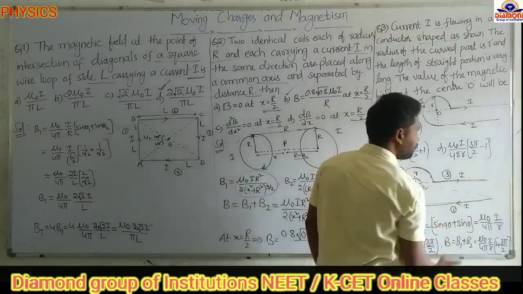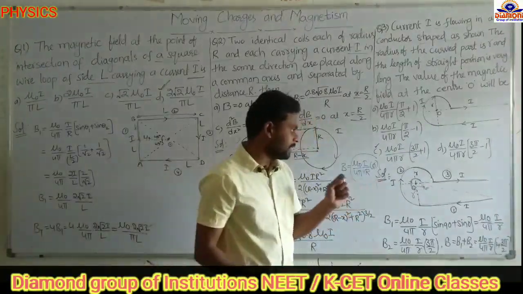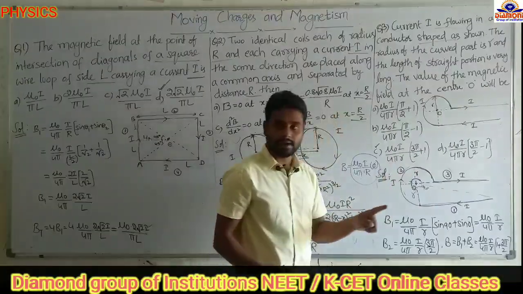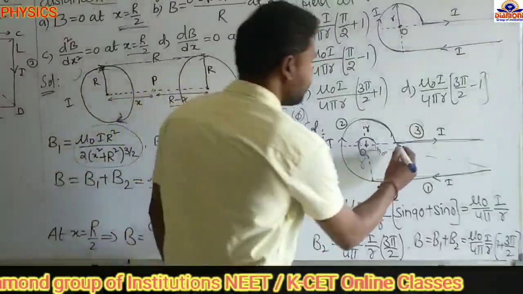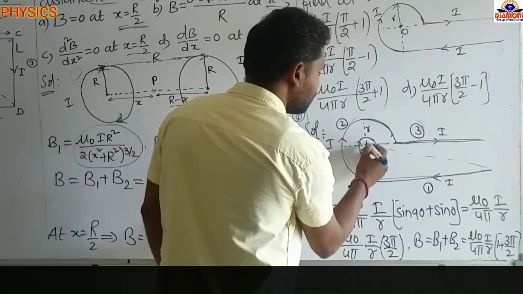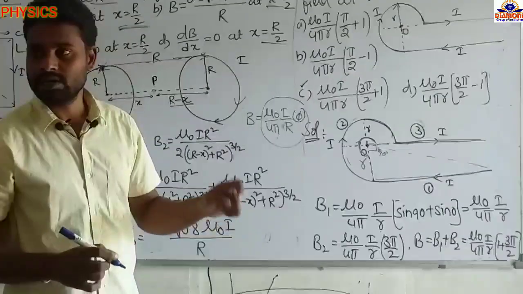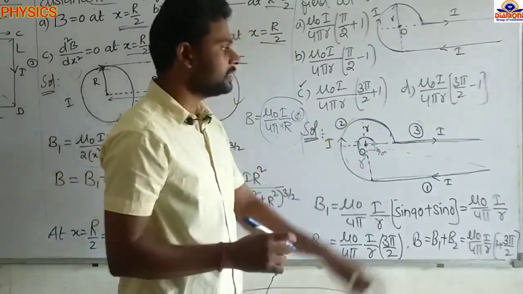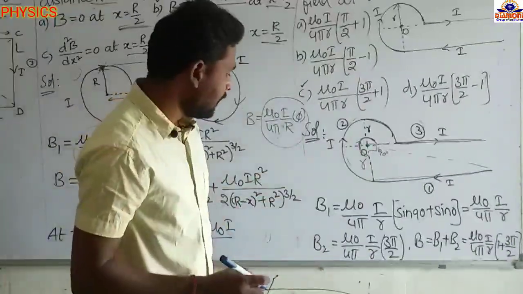The third one is also a semi-infinite wire. Where we have to find the magnetic field, at the center, if the point is on the wire or on the extended wire, then this is the wire now, and I am extending this wire backside. Now this point is on the extended wire, so the magnetic field due to that wire is 0. Why? Because this point is on the extended wire of this one.